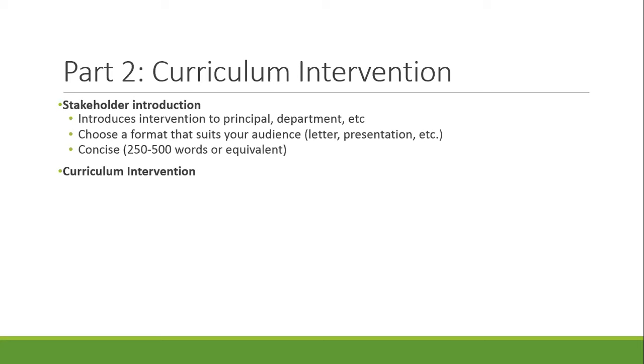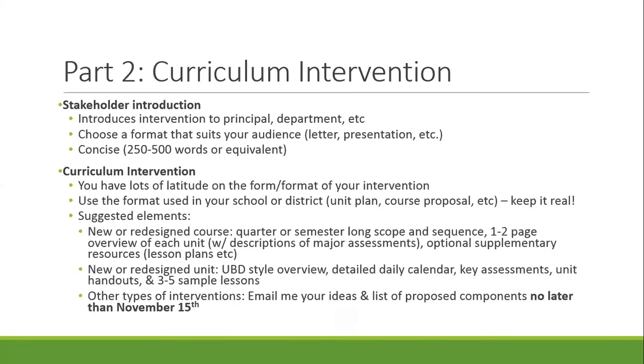The other and more significant portion of your intervention is the intervention itself. Again, you have lots of latitude on the form and format of your intervention. Use the format that's used in your school or district. If you're creating or revising a unit plan, creating or revising a course, keep it real. Use the type of documents that you actually use in your school district. Some of the suggested elements: